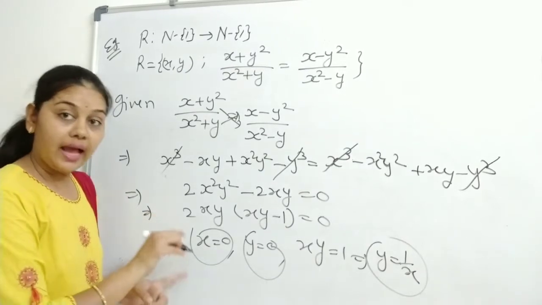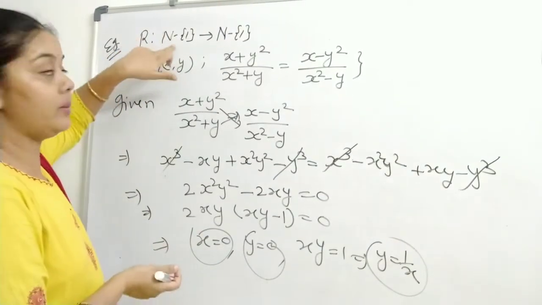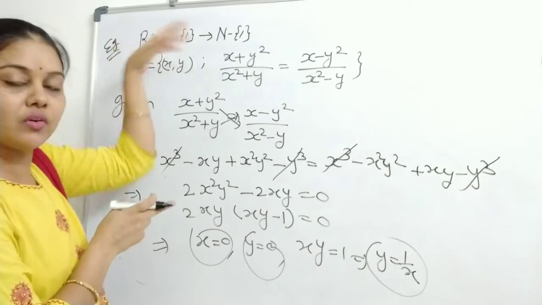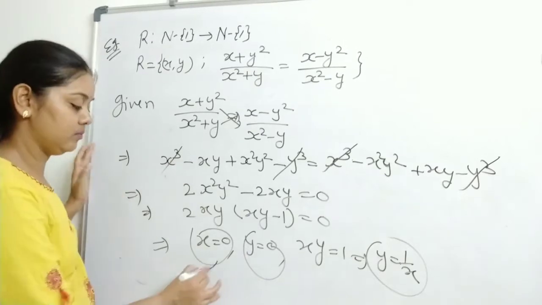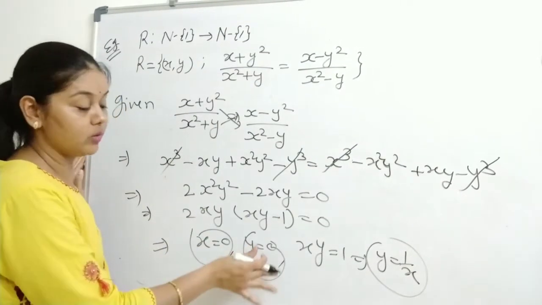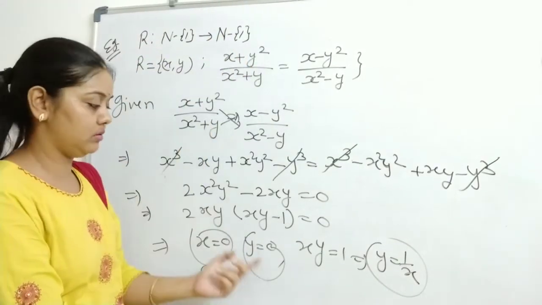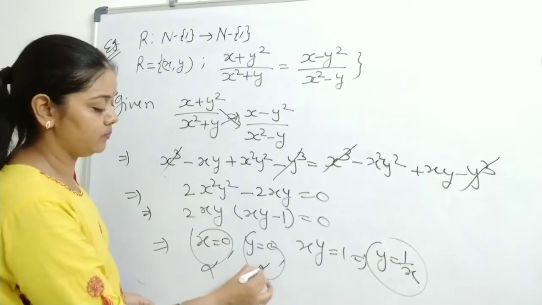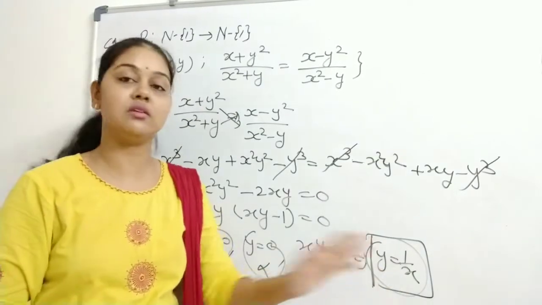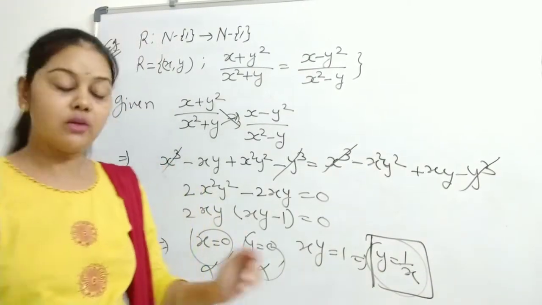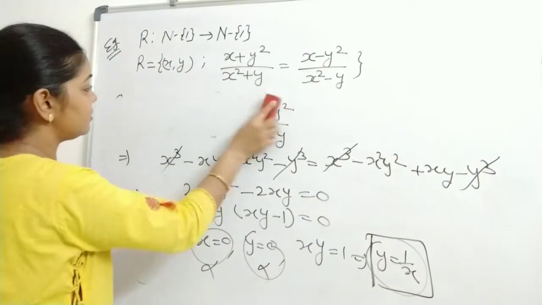Look at here. I cannot take the value x = 0 because what is our domain? Domain is N minus 1. Even we cannot take 1, so how could we take 0? Because 0 is not a natural number. So this condition is not useful to us. y = 0: codomain is again the set of natural numbers minus 1, so y cannot be equal to 0. Now we are left with only one condition: y = 1/x. Now start finding all the possible ordered pairs. What will we get?